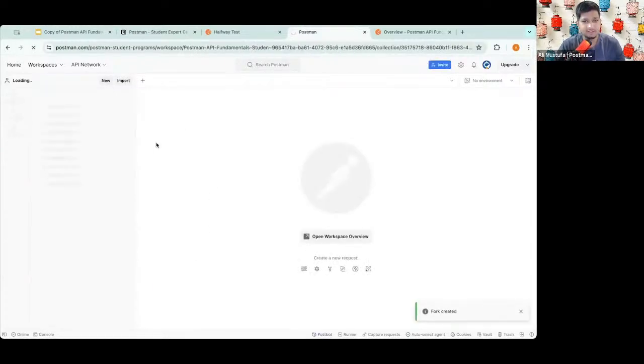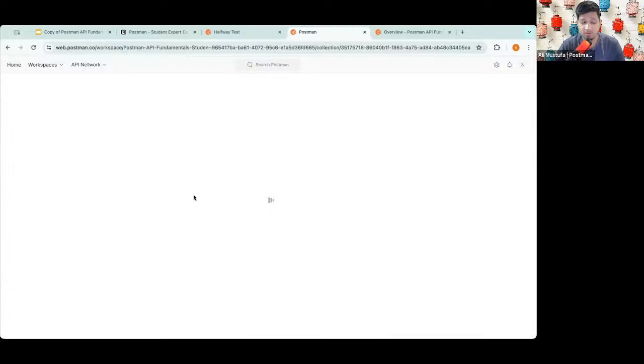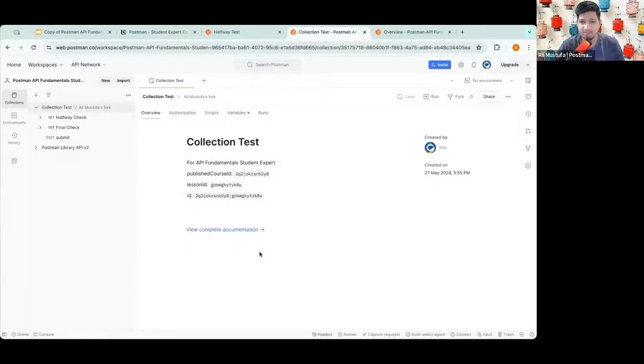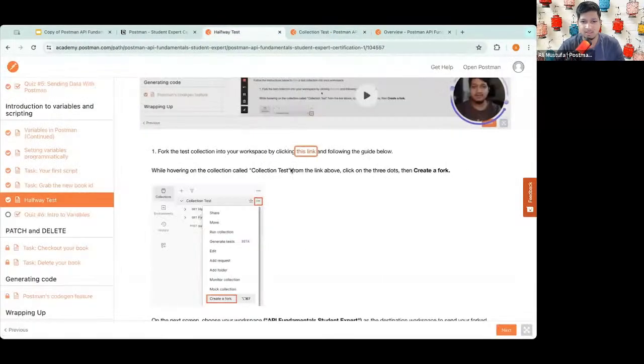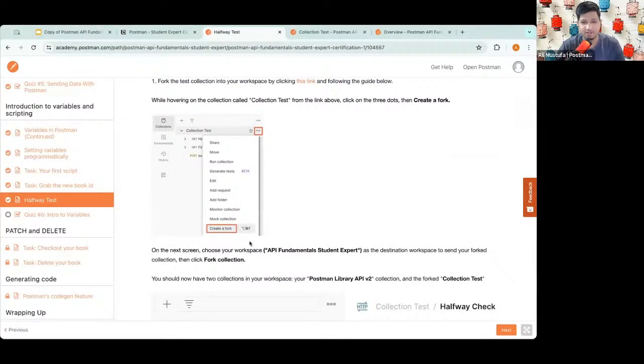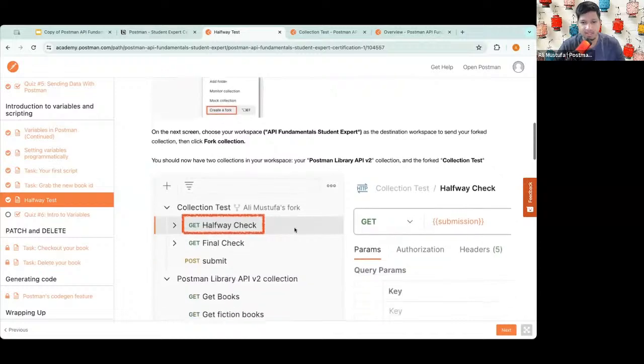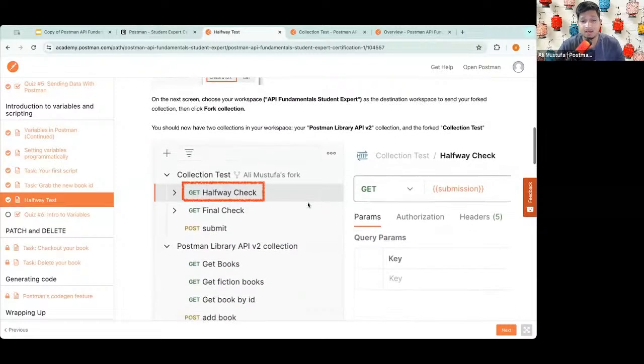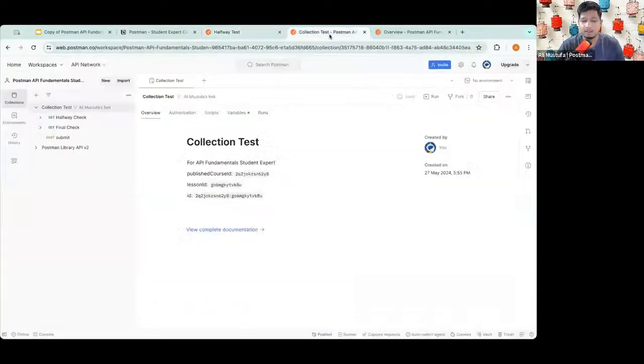As soon as I create a fork copy of this, if there's an error on this page, which a lot of people get sometimes, you can go back to this link from here, which is number 1, and then do this step again. No worry at all. You can see I've mentioned it here, how it works. So you can do that as well in case you find an error. But most of the time it will work exactly like that.